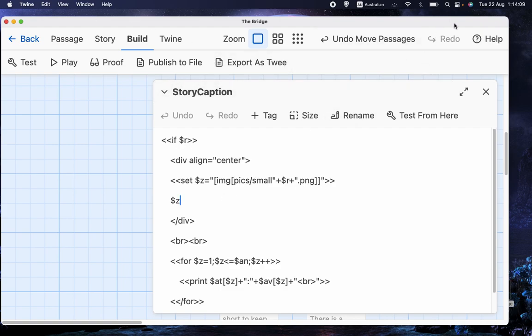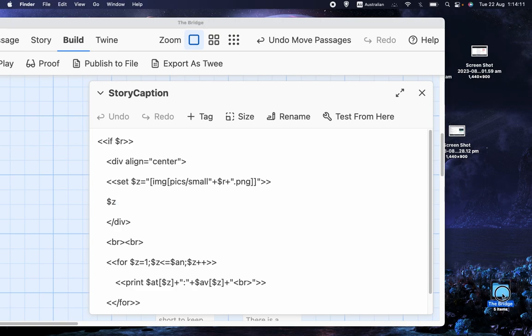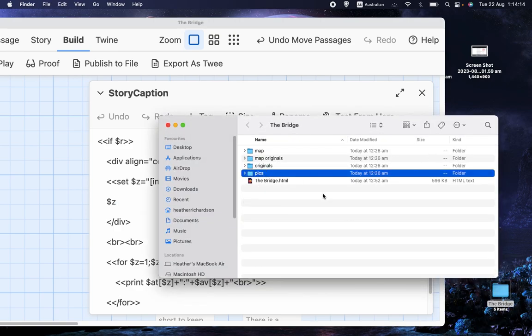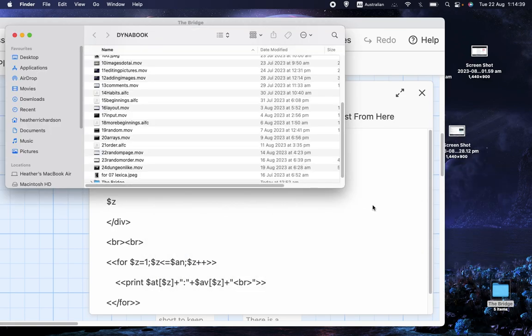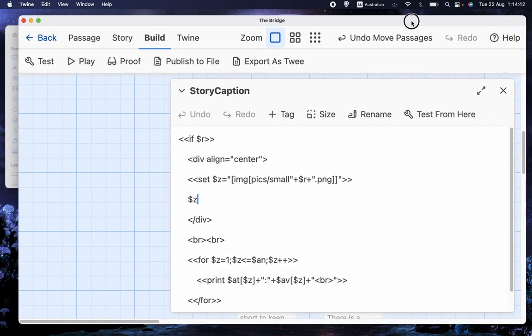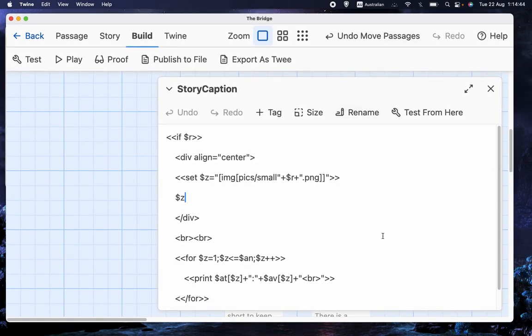And in the relevant place, which is pics, I've got small 1, small 2, and small 3, which are smaller versions of the pictures of the different races. Small 1 is dwarf, small 2 is elf, small 3 is human. These are the large pictures. They used to be called dwarf, elf, and human. I could have kept them as is, but I changed them to 1, 2, and 3 just to make it consistent with that. So all that's saying is print or display a small picture reminding the player what their character's